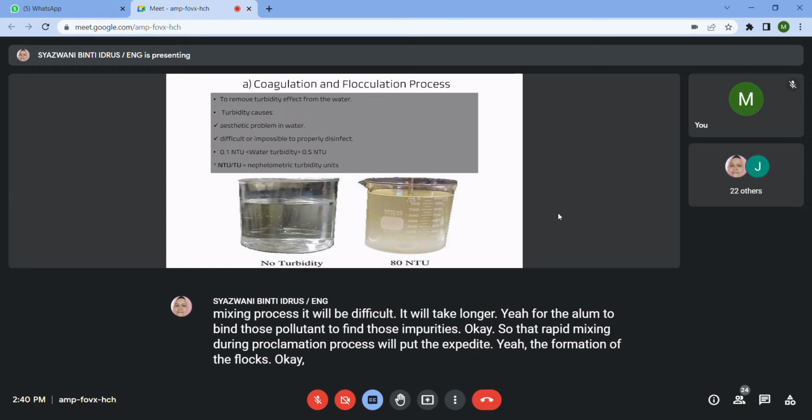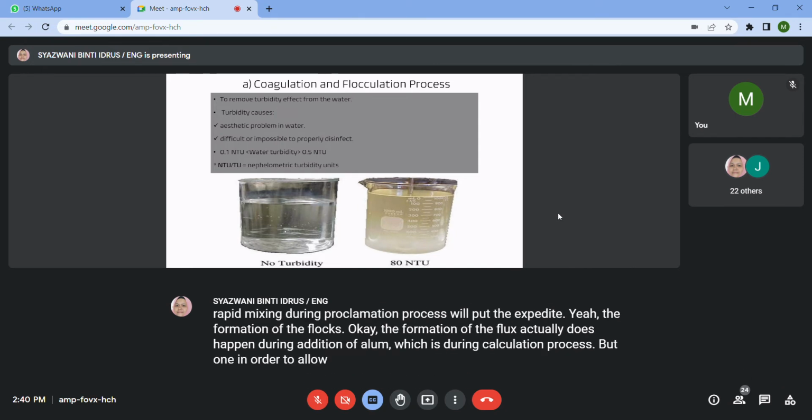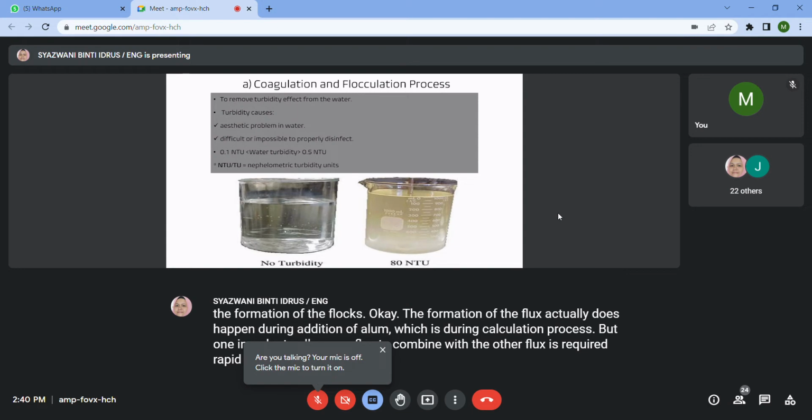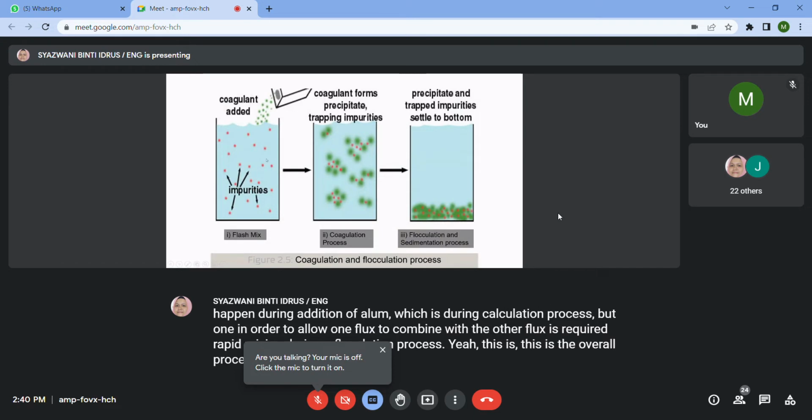The formation of the flocs actually does happen during addition of alum, which is during the coagulation process. But in order to allow one floc to combine with the other flocs, it requires rapid mixing during the flocculation process. This is the overall process. Addition of the alum, in green; in red colors are the impurities. So the